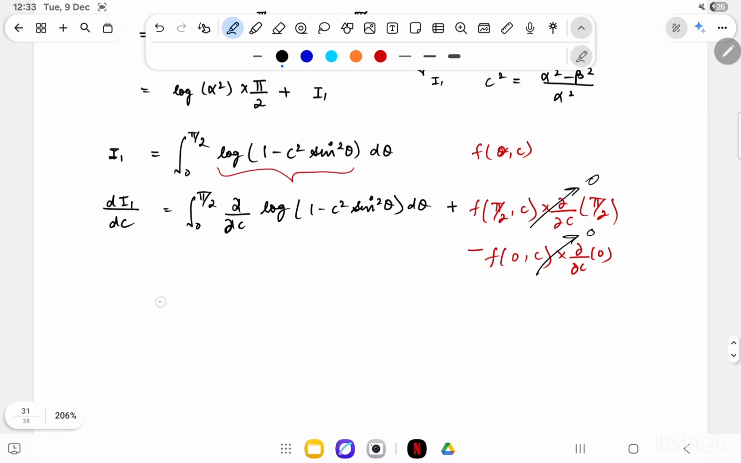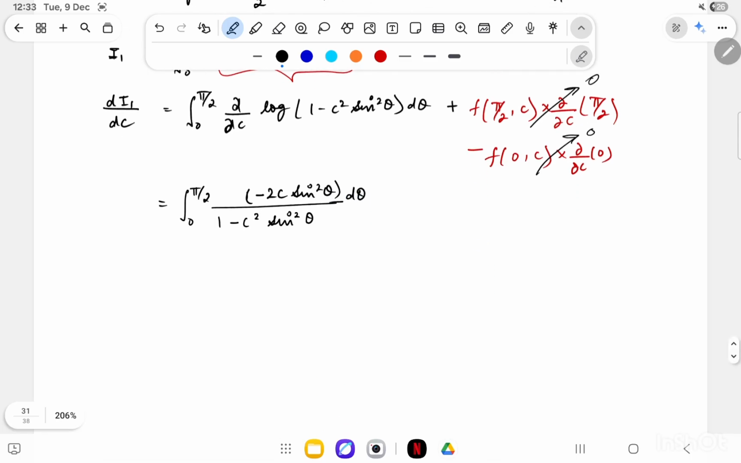So dI1 by dc will be equal to integration from 0 to pi by 2, and if we differentiate with respect to c, I'll get minus 2c sine square theta divided by 1 minus c square sine square theta d theta. And if I further simplify it, it will be minus 2 by c integration from 0 to pi by 2 of c square sine square theta divided by 1 minus c square sine square theta d theta,